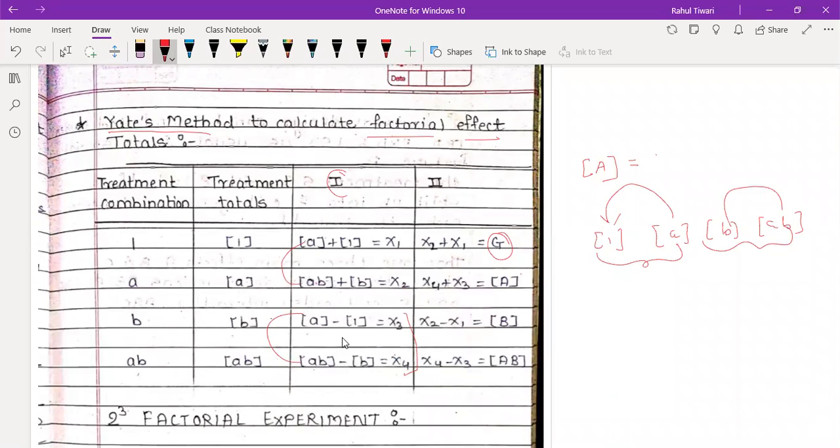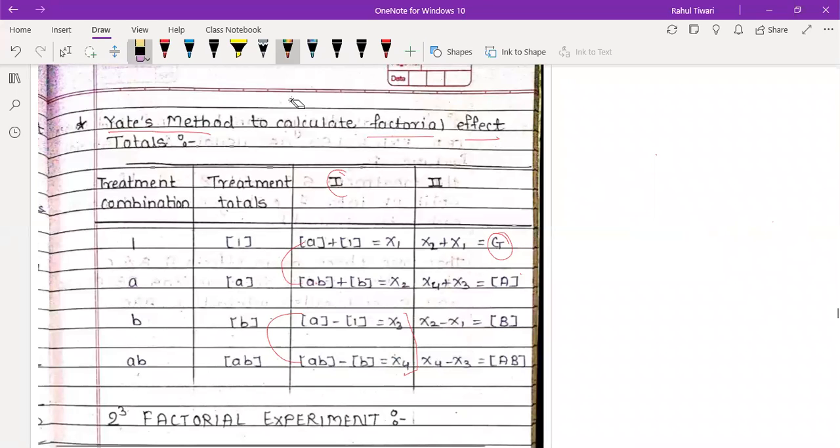Just remember one sequence. The first two we add, we get the first one. The next two we add, we get the second one. Similarly, second minus first, you get the third one. Fourth minus third, you get the fourth. Just understand the sequence, how it works. Then it becomes very simple. Once you do it, you can understand the actual problem. I hope it is clear to all. But in case you have any question, you can ask, no problem.